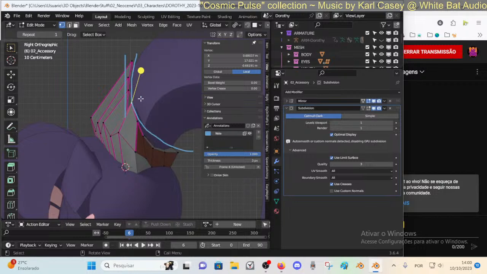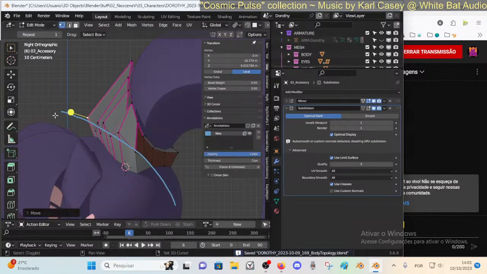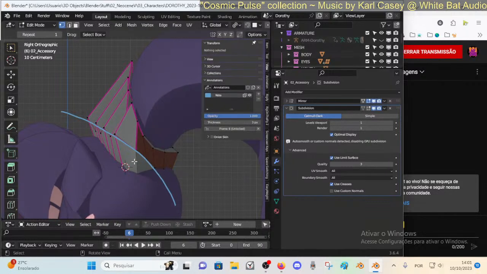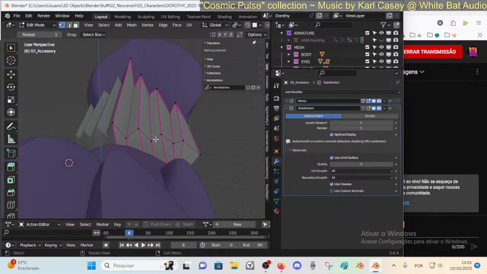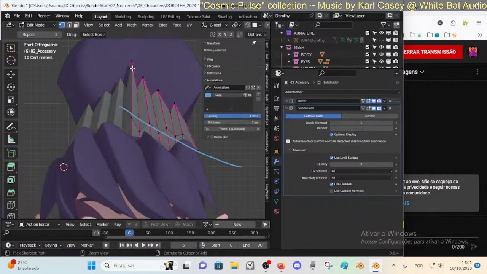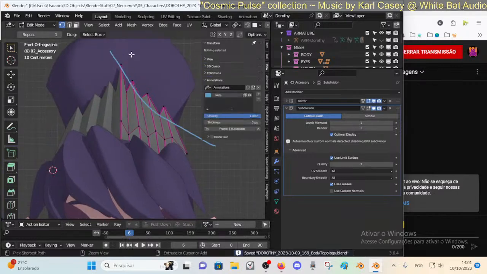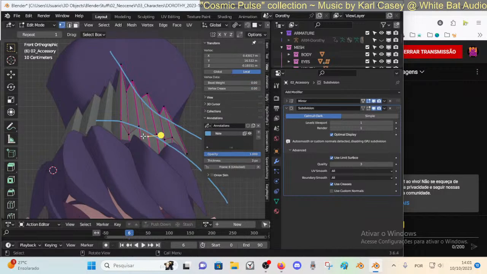Yes, something like that, and then here probably we'd like to have this kind of shape too, so let's try this or something like that, and here we can get something like that. So yeah, we see that this could